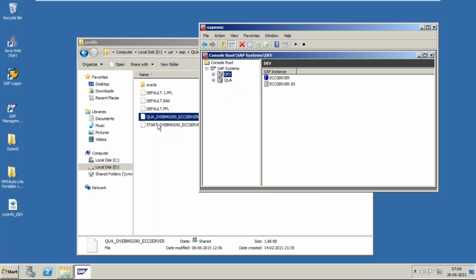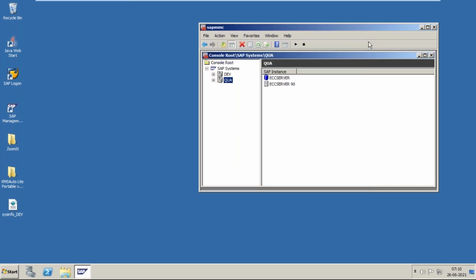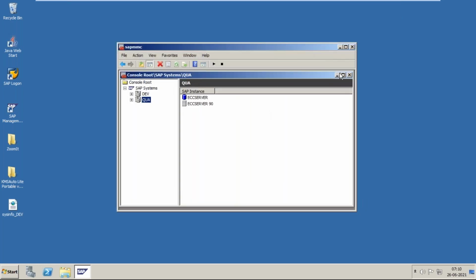Earlier it was dev; this is a quality system, that's why it starts with QA. Please refer to the last session. If you have any doubts, you can watch that session and you will get clarity. I think in the last session we discussed the instance profile or instance specific profile.